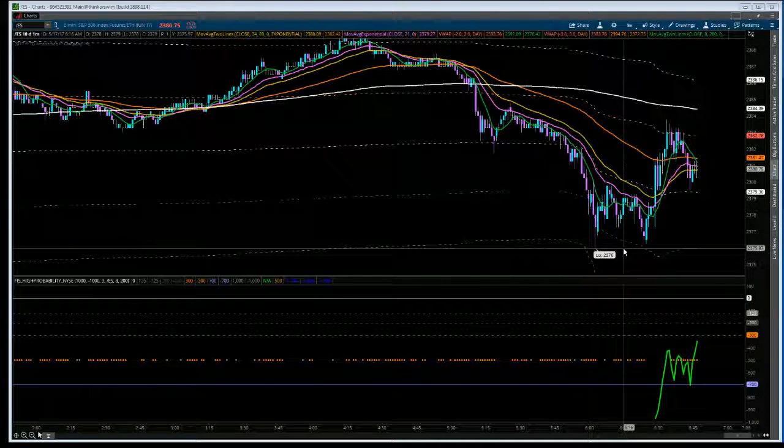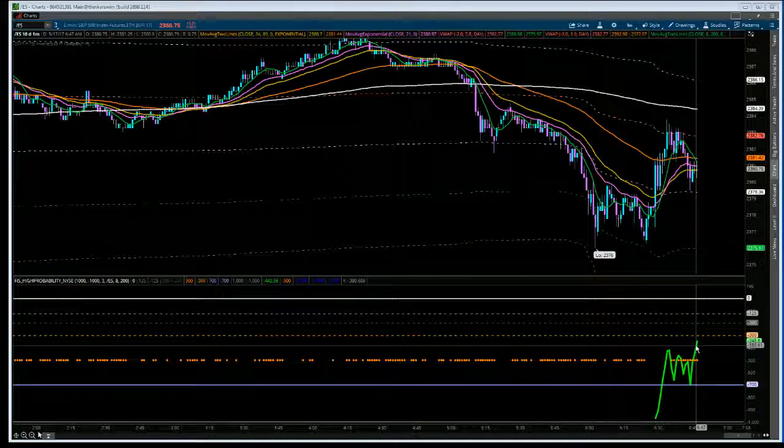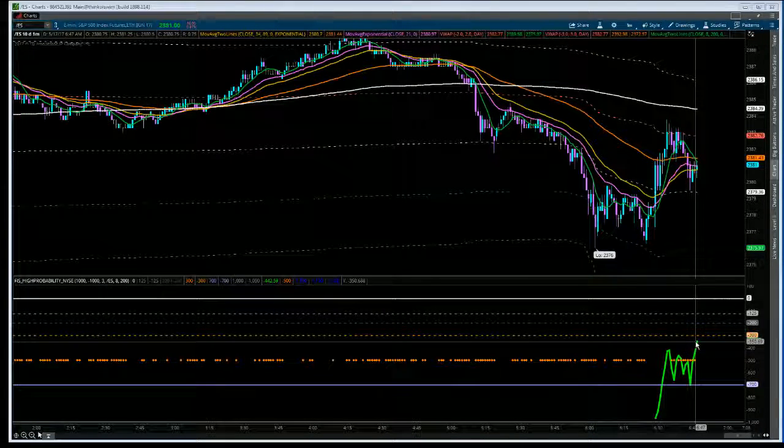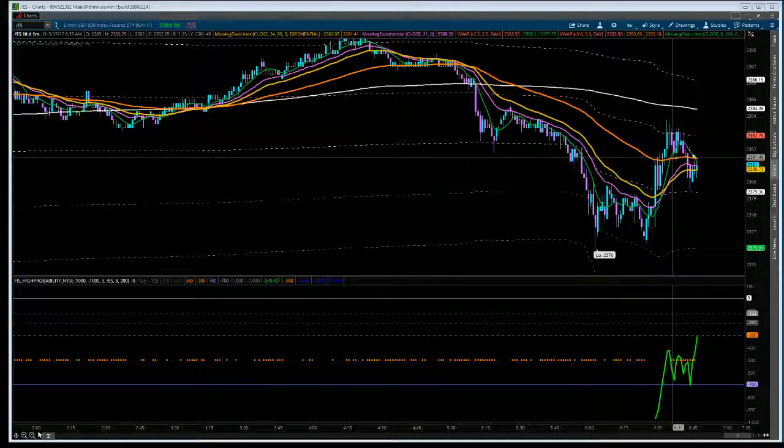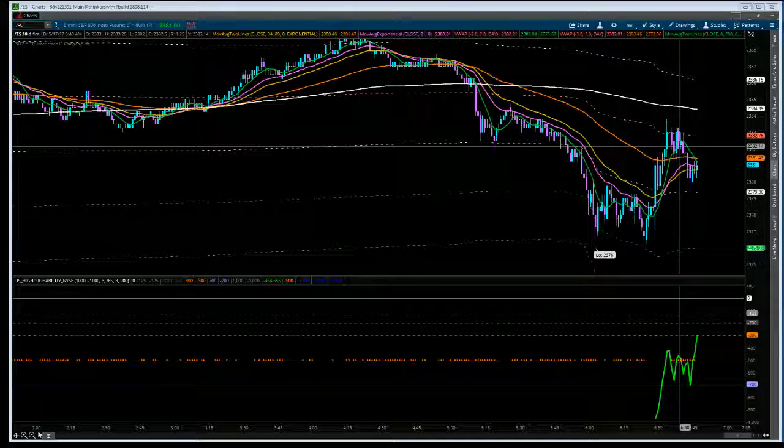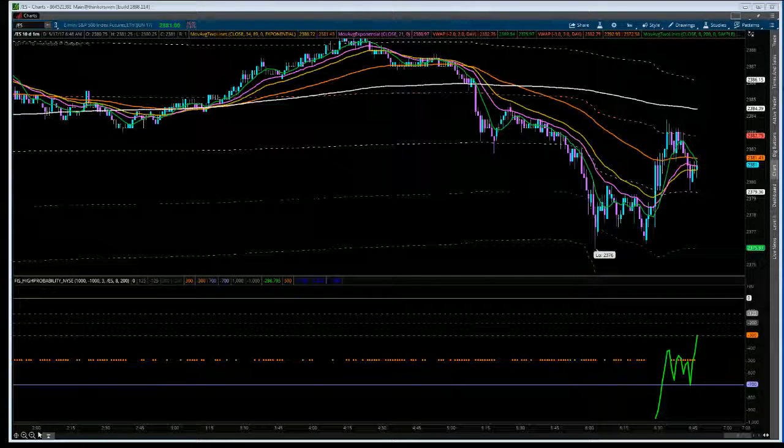Okay, look at that push. Look at that. It's pushing really hard. Price isn't quite responding yet. We're still below the green on here. I'm looking at my 5-minute chart. Now my 5-minute chart,